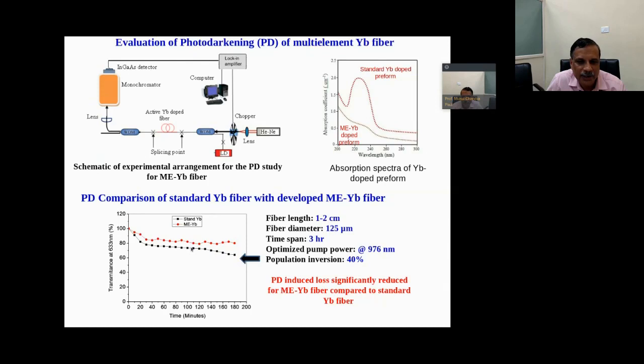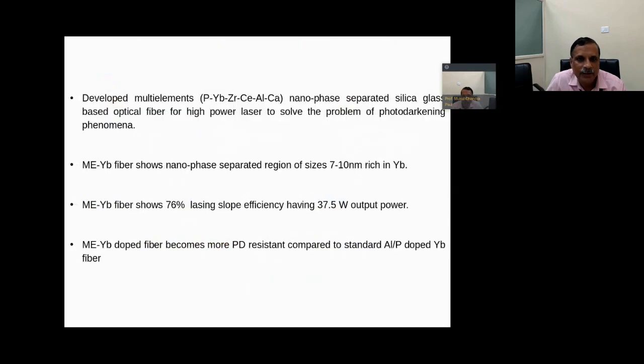So this indicates that this kind of multi-element doped ytterbium fiber will be useful for high-power lasing to reduce the photodarkening effect. And this is basically the conclusion for the multi-element doped fiber. This includes phosphorus, zirconia, cerium, aluminum, and calcium nanophase separated fiber for use in a high power laser to solve the problem of photodarkening. The nanophase separation generates 7 to 10 nanometer regions rich in ytterbium, because a higher size